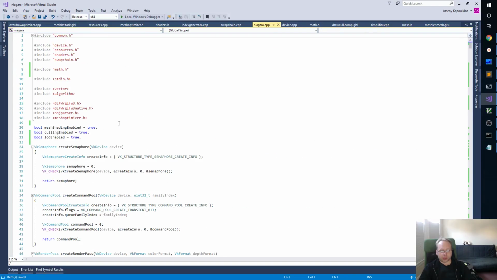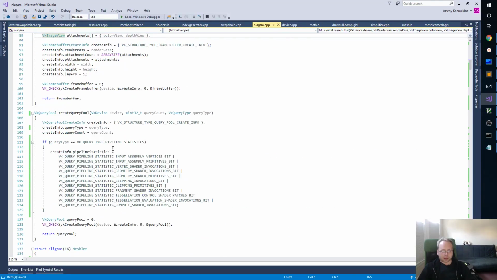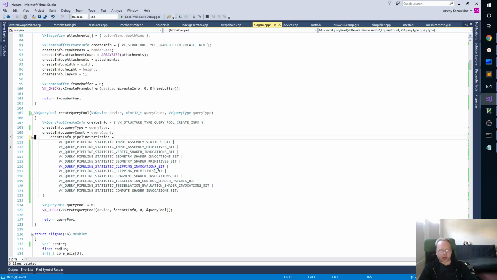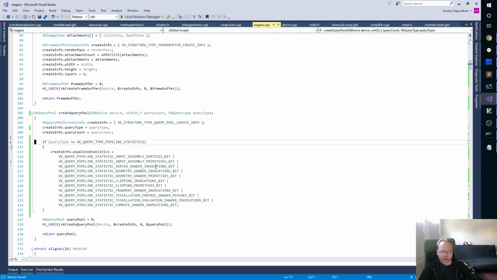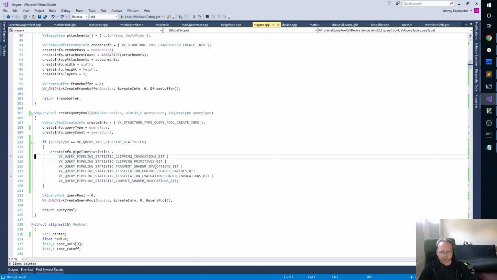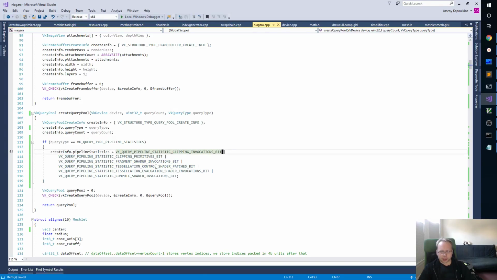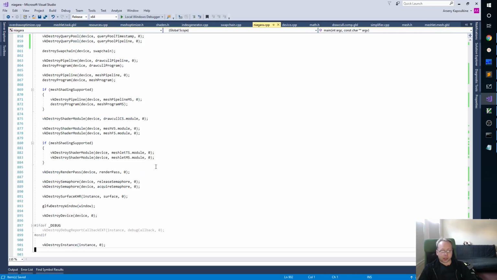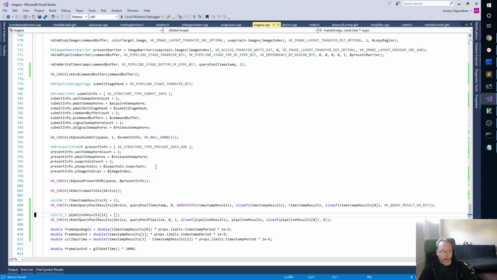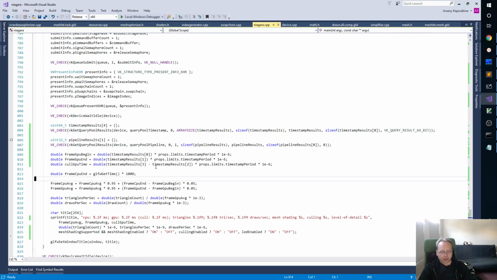And instead of doing 11 pipeline statistics bits, I think we can initialize this at any point, or for any query. Well, it's cleaner to do it like this, I suppose. So we only really need this, or something like that. We don't need anything else. And then here we will just say that this is our data, and then our triangle count